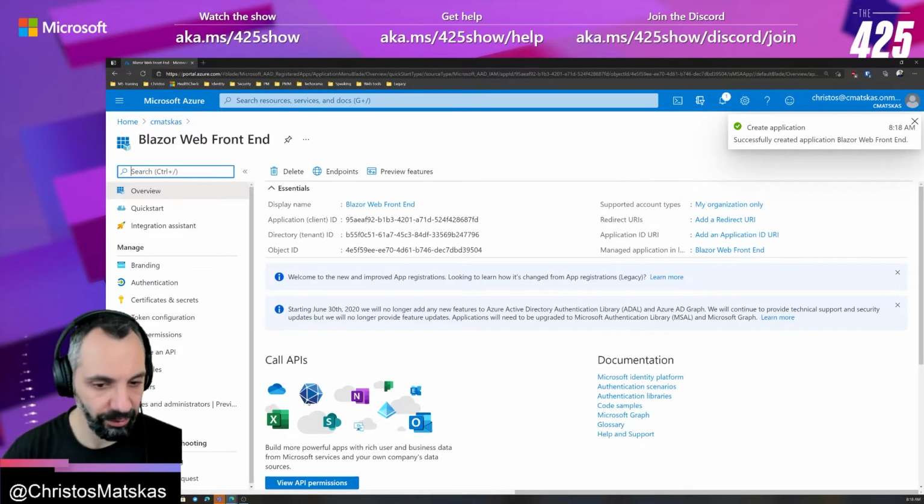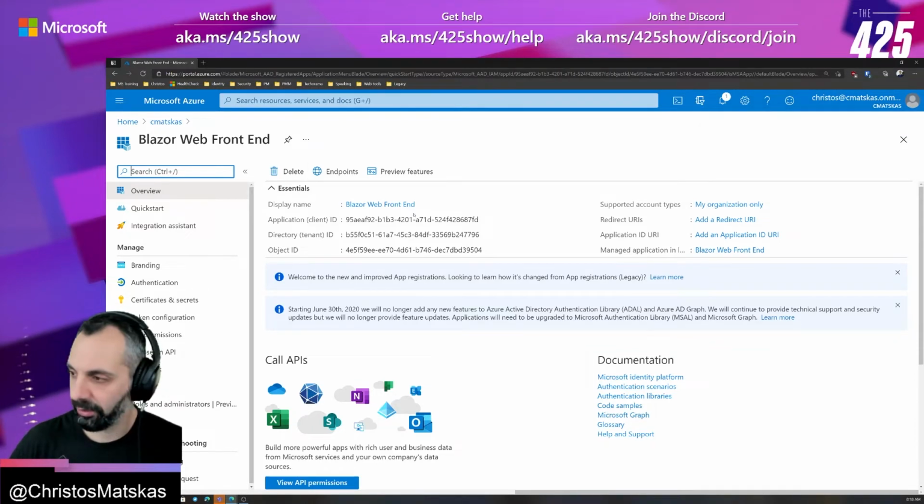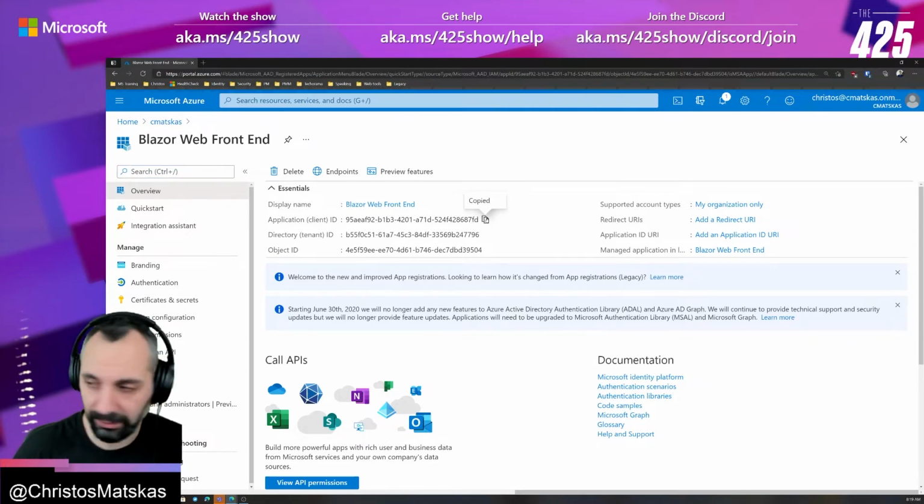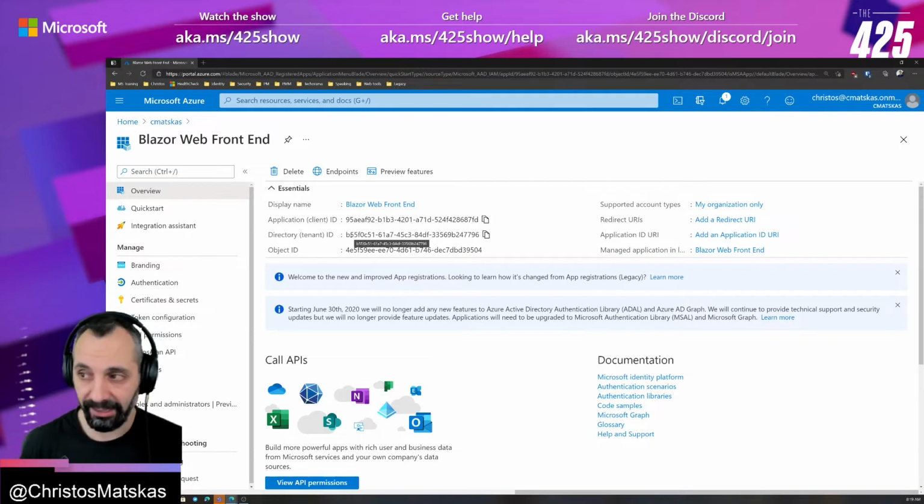Okay, there you go. It's super fast, very, very quick. Some important information up here. You get a display name, the client ID or application ID. Usually most of the code that we have references that as client ID. So just make sure you can easily copy that from the clipboard. The tenant ID is what identifies your specific tenant. If you're using a test tenant like I am